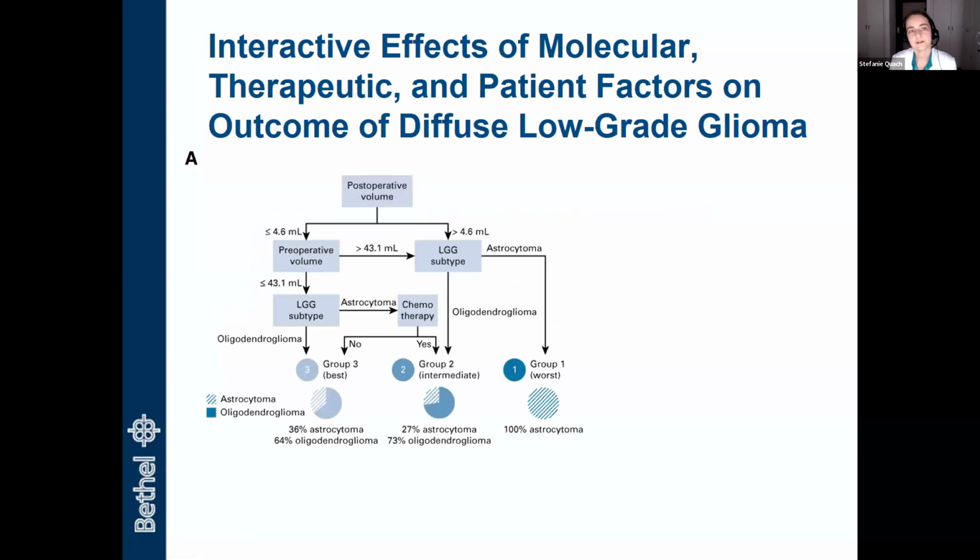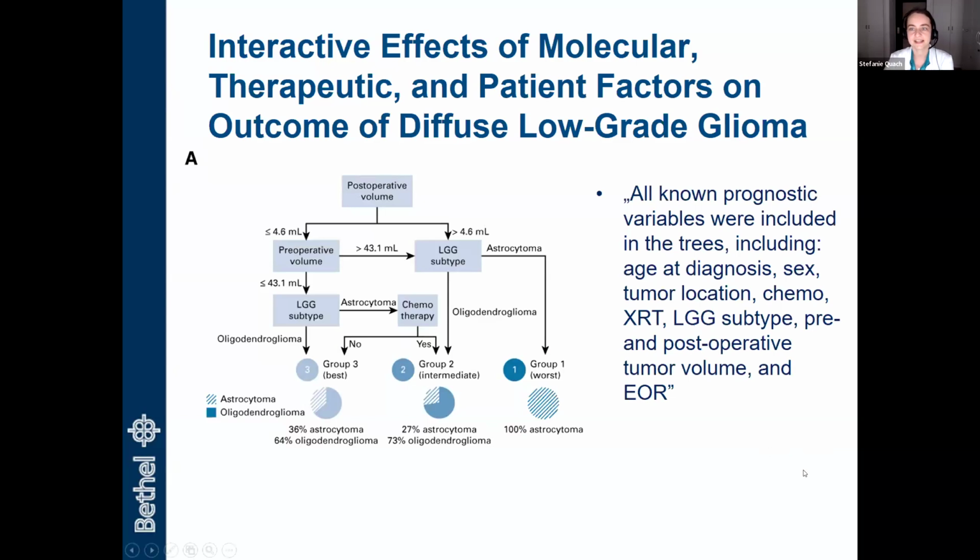So what they wanted to look at was the prognostic factors and which would influence overall survival as the primary endpoint. And they put into their recursive partitioning analysis all known prognostic variables, including age at diagnosis, sex, tumor location, chemo or radiotherapy, tumor subtype, pre- and post-operative tumor volume, as well as extent of resection independently. And what the analysis came up with was a decision tree